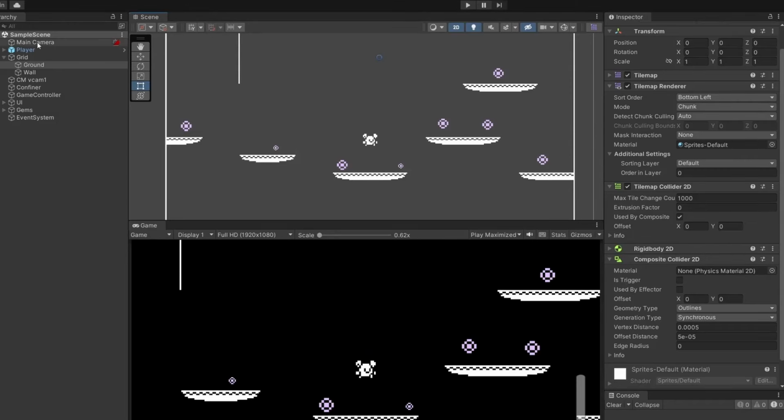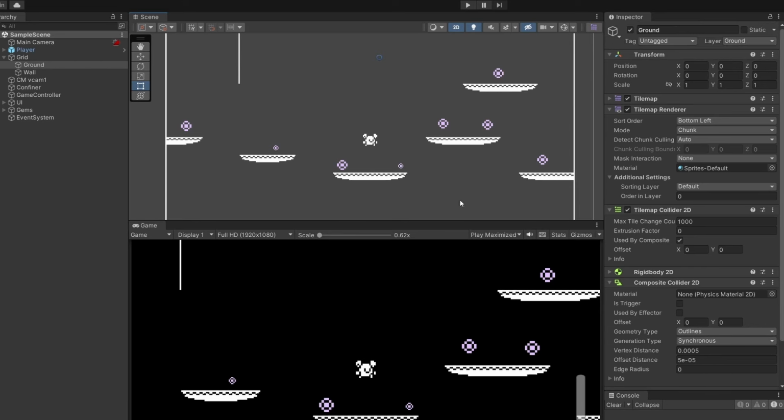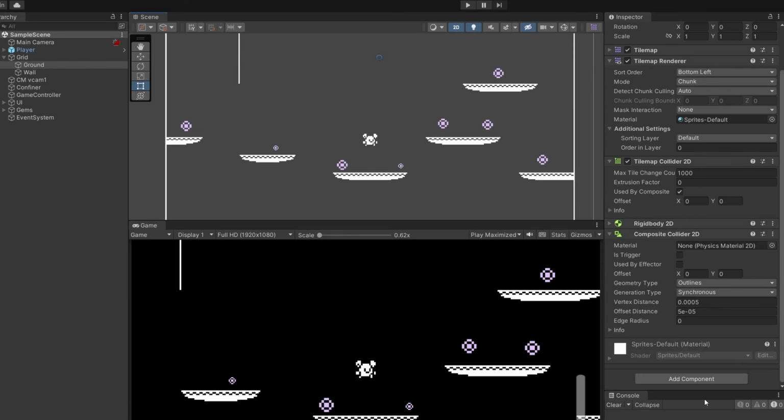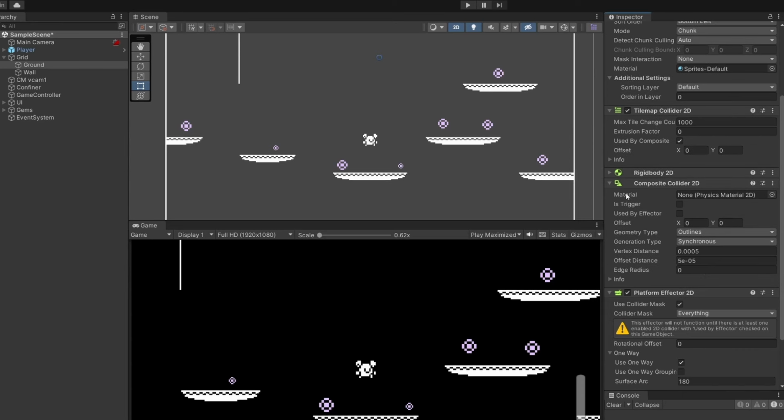So in Unity, in your hierarchy, go to your tile map that has your platforms on it. For me, that's ground. Then scroll down and click Add Component and add a Platform Effector 2D. Then in our Composite Collider 2D, which we're using on our Tilemap platform, click Use by Effector. Then to make sure we don't get stuck in our platform, on Geometry type, instead of outlines, switch this to